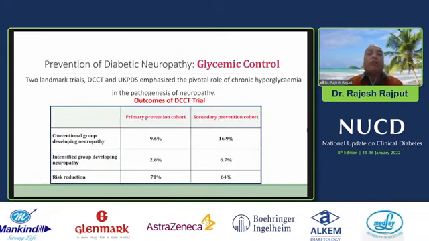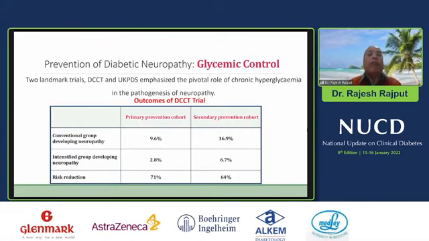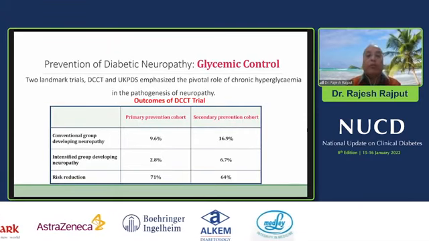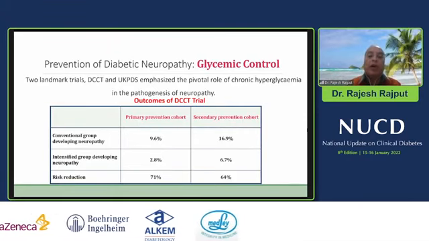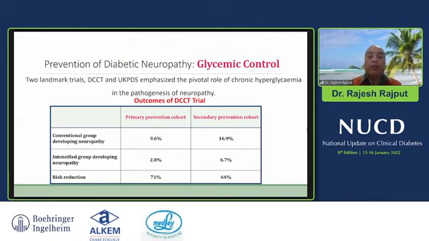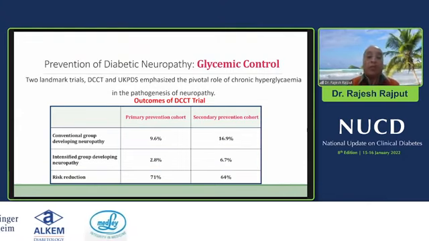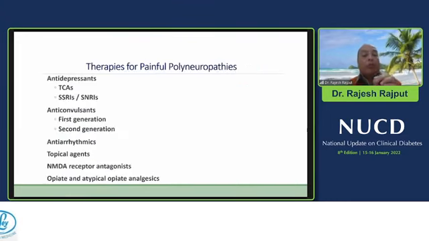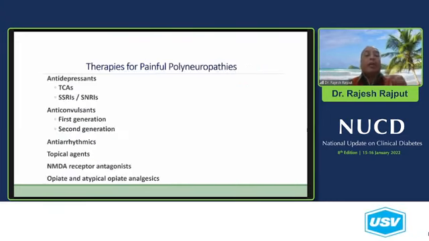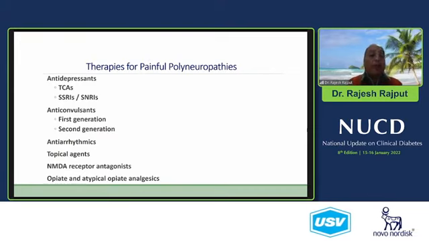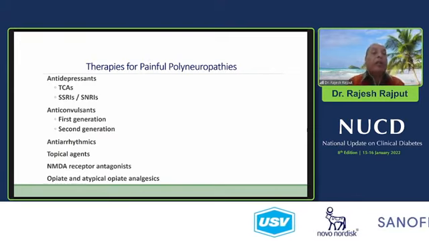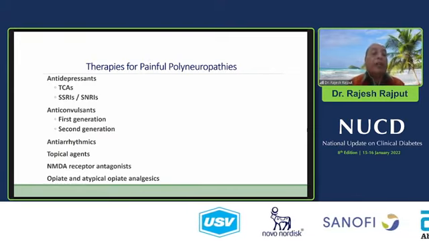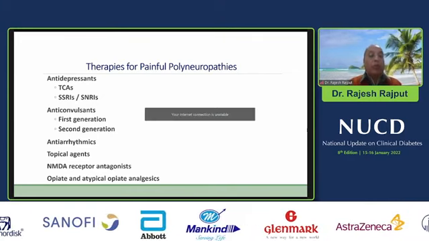Now, as far as control of diabetes is concerned, again, I will not spend much of the time. As I have told you, DCCT, UKPDS, every trial has shown that if you bring your HbA1c to less than 7%, you can prevent progression of microvascular complications. Now, there are many therapies for painful neuropathies, which are listed here, including antidepressants, which are tricyclic antidepressants, antagonists, opiates,